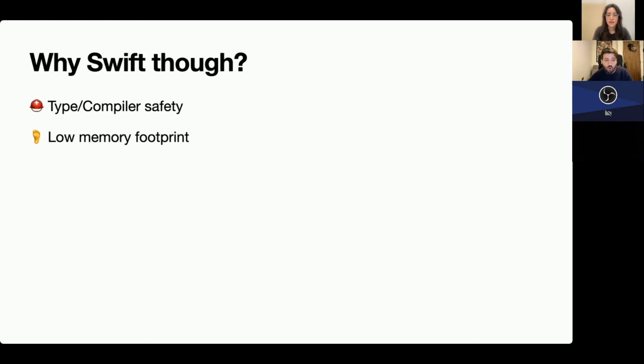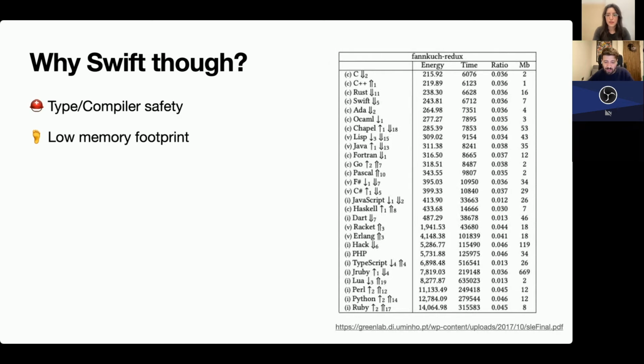It also has a low memory footprint. It doesn't consume as much memory as other alternatives. You can see in this table from a study that was released not that long ago, it benchmarks algorithms across different languages. And for example, here you can see that Swift ranks quite high in this specific algorithm.